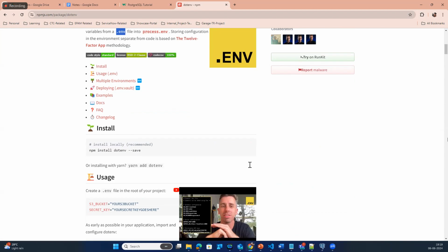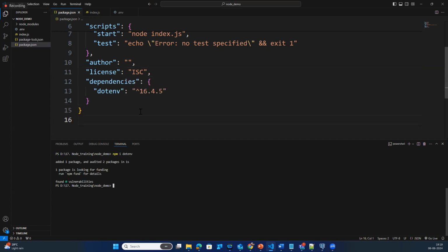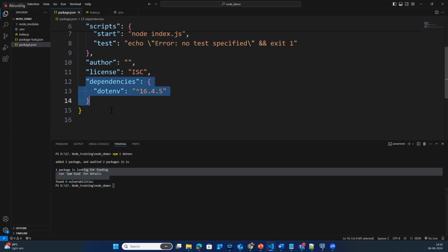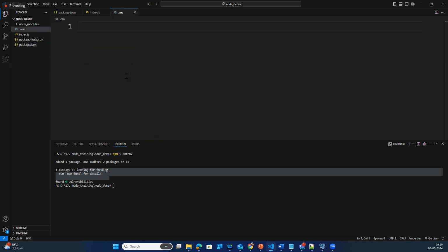So first of all, I will simply do npm i dotenv, that's it. I installed the dotenv package here. Whenever you do this, you can see it was installed and dotenv came into dependencies. Clear? Now, once the .env file is created, go to the .env file. Here you need to mention all your data, something like,